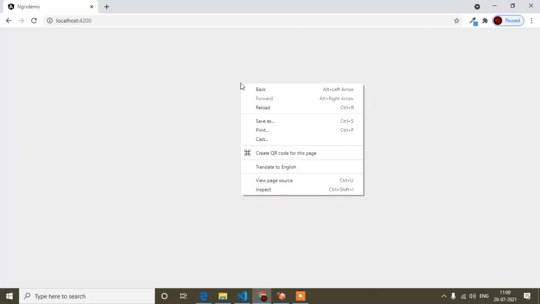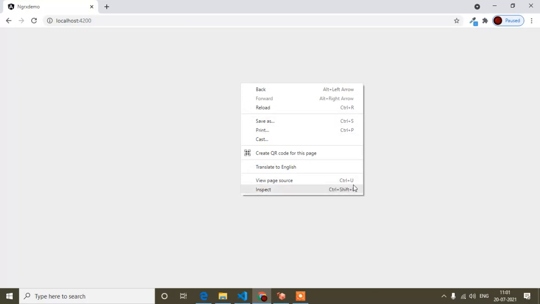So guys, this is my site. Now you cannot see anything because this site is actually blank. But if you open any kind of website and right click on it, you can see the menu opening when I click the right click. In any website, if you right click on your mouse, you get this menu by default. But sometimes we need a scenario where we have to modify this menu.